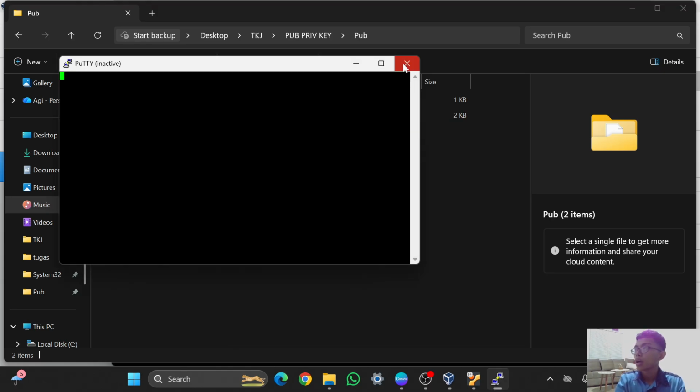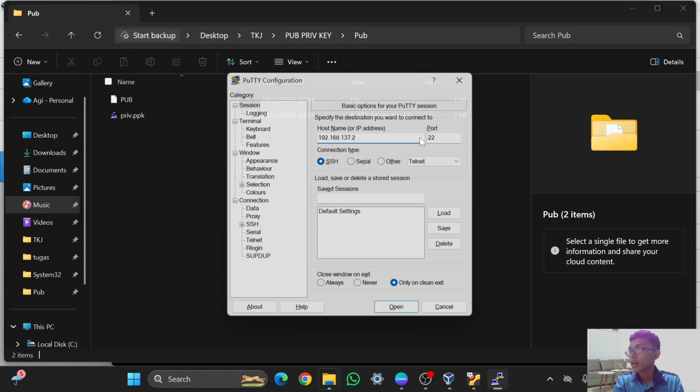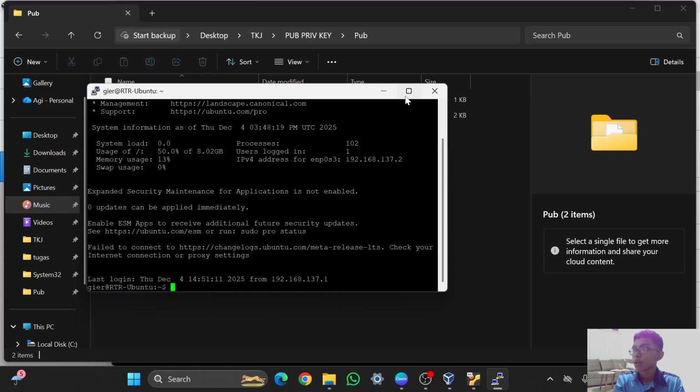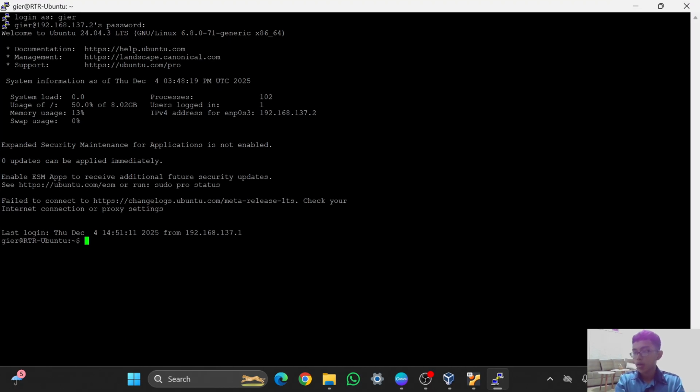Oh my bad, not focused. Then we can login as ASCII and the password is this one, and I will make it bigger. And in here I will open the authorized key file to import the public key